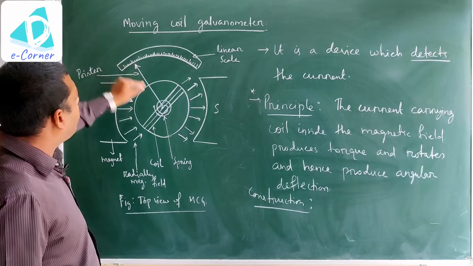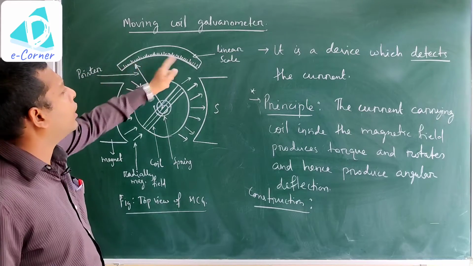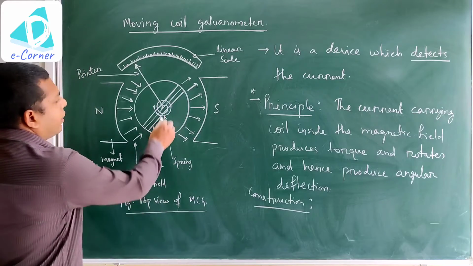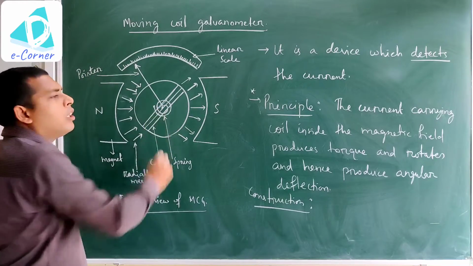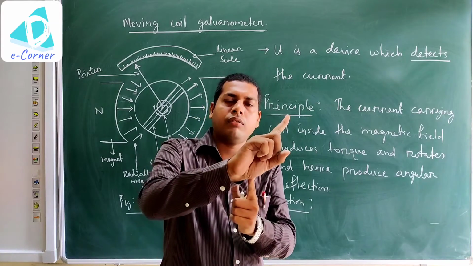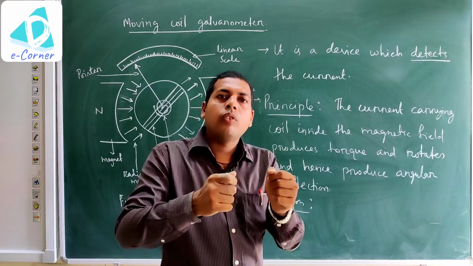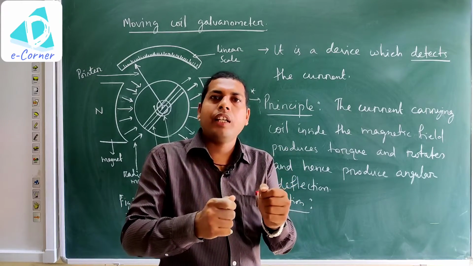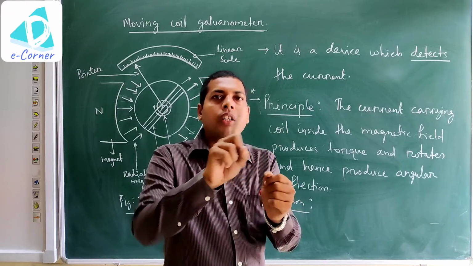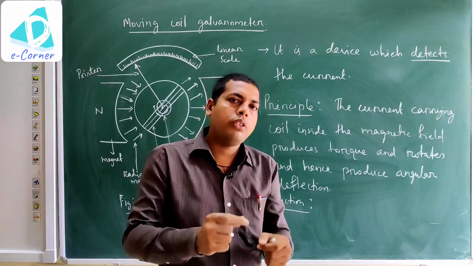Next is this pointer, which points on the linear scale. And this is the spring, such that when the pointer moves in one direction, the work of the spring is that it will come back. The pointer will come back to its original position due to the torque produced inside the